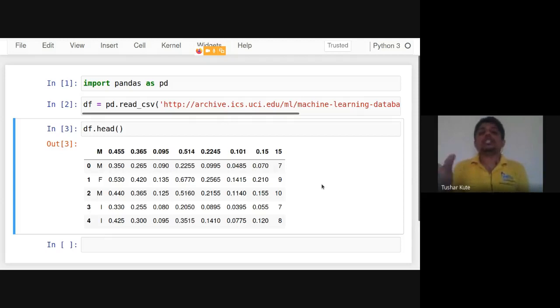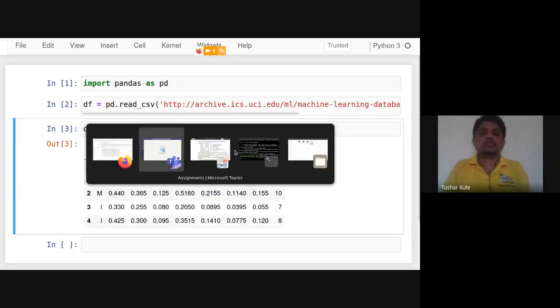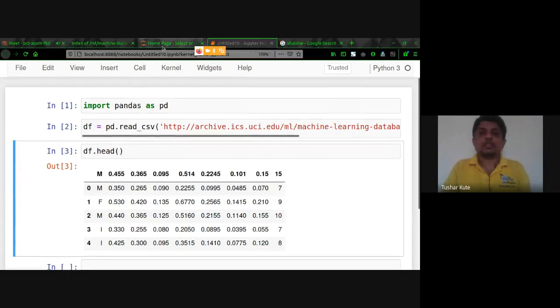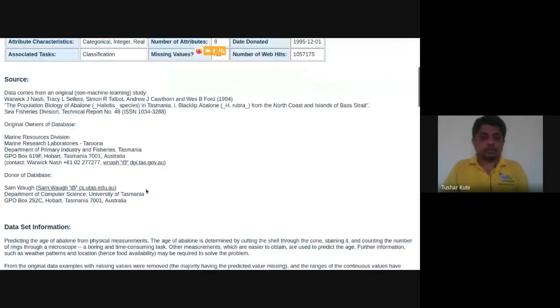So using this link, read_csv read it. Now, a few pre-processing steps are required. First is we have to assign the column names. The columns do not contain names, so we have to assign the column names on our own. So go to the dataset again and check the attribute names.